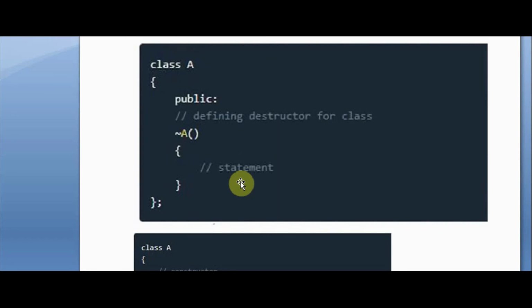So what is the syntax for creating a destructor? Here you can see I created a class, and just using this sign, and then the constructor name. Constructor name means just like you declare a constructor, just put this sign.